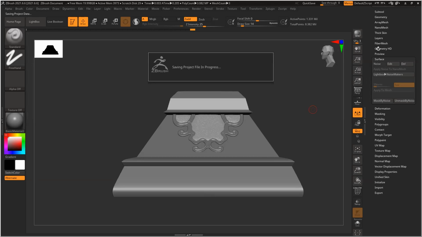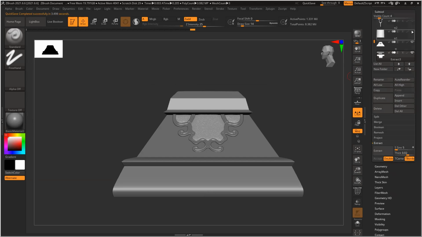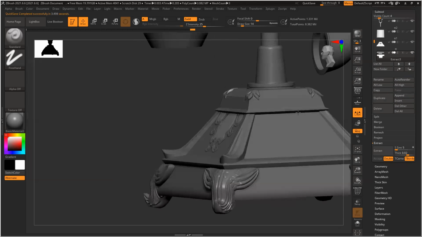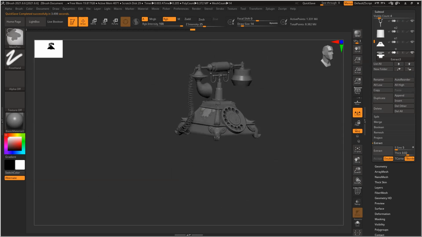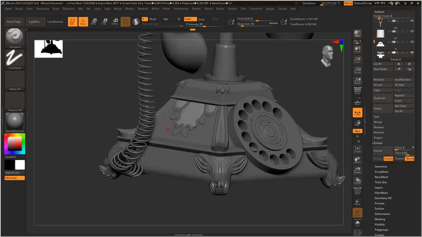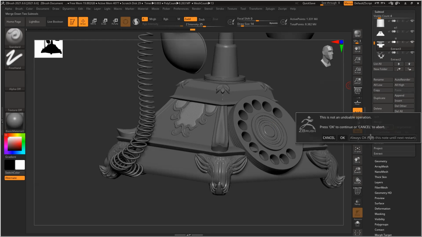See, so now you can see my basic designs and everything is coming together. For this, I want to duplicate these two. So what I'll do is I'll merge these two, merge down.